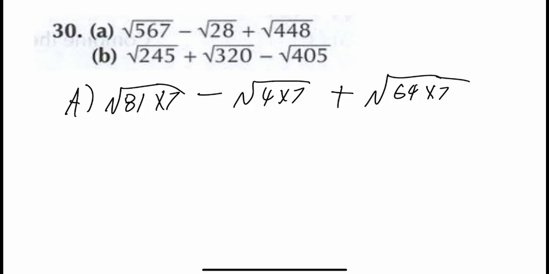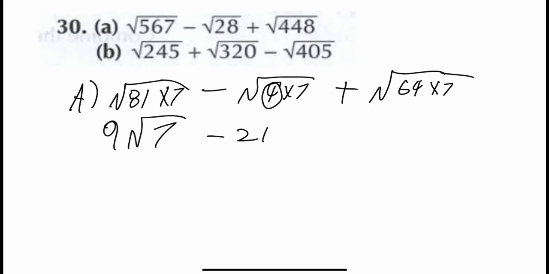Okay, so now we need to get rid of whatever can be square rooted. So the square root of 81, that's 9. So we would square root 81 and put the result outside of the square root. So that would be 9 root 7 minus... Okay, so this is a number that can be square rooted. So square root 4, we know that's 2. So put it outside the square root. That would be minus 2 root 7